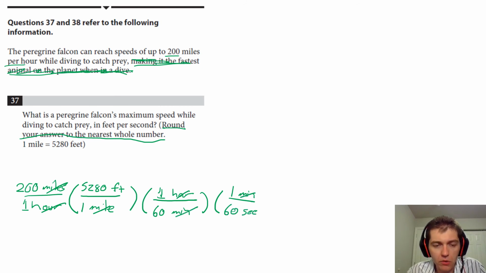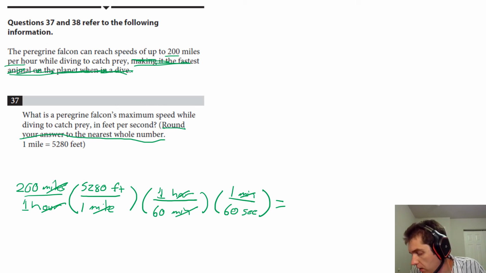You might already know this, as you can go direct from hours to seconds if you know it, 3600, but you can also write it out like I did there. Plug all that into your calculator: 200 times 5280 divided by 60 divided by 60. You can go off to the side, do all of that in your calculator. You'll come up with